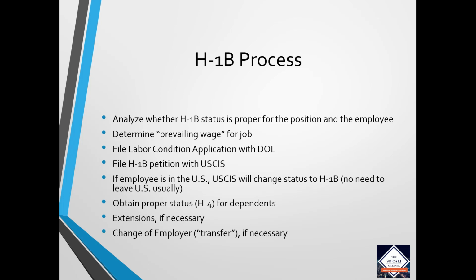So let's go and discuss more about the H1B process itself. H1B status is defined for a technical and special occupation for which there should be a prevailing wage defined, and the employer should file the labor condition application with the Department of Labor and then go ahead filing the H1 petition. And if a student